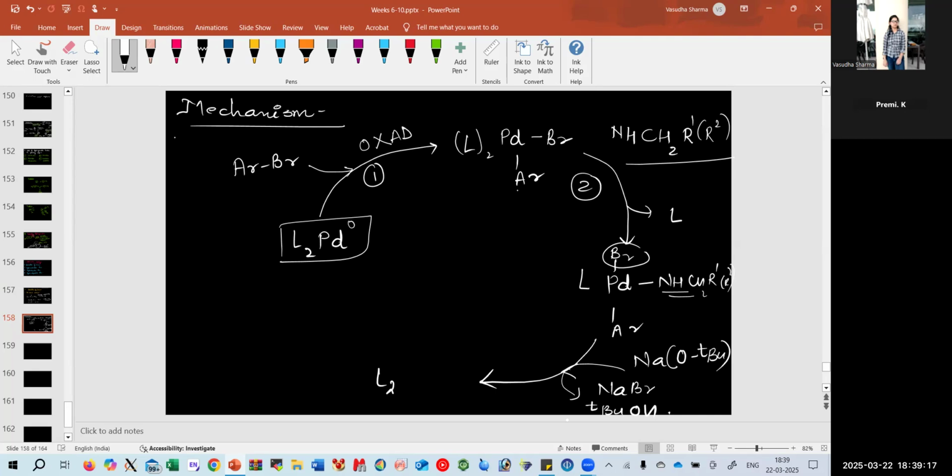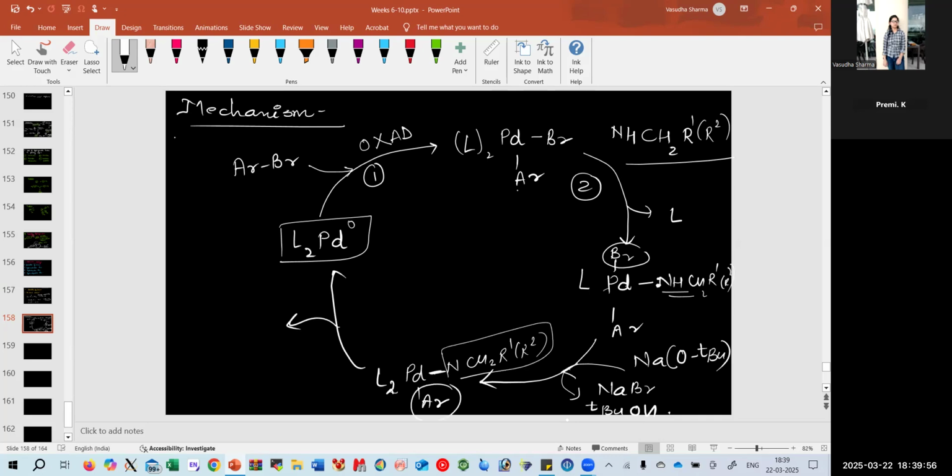Since now again Br is going down, so it has to complete the coordination. Again, whatever the L has gone out comes into the picture. This is L2 palladium. It will form NCH2R1R2, and there is Ar. So here this is a sigma bond, so consider it very properly. Now at this step, because for reductive elimination it needs to have a bond, it can't be just a lone pair which is attacking over here. So this has to be a sigma bond, and at last it would give your Ar and NCH2R1R2 group as your